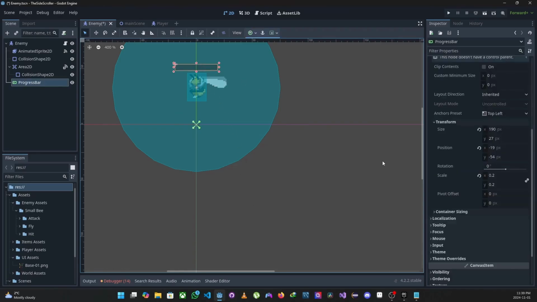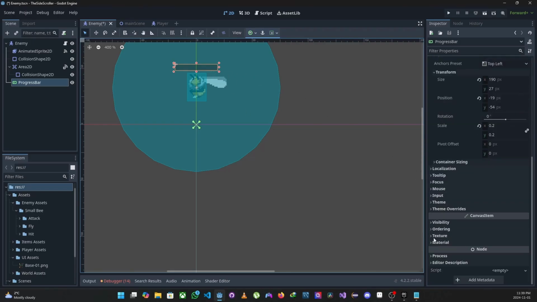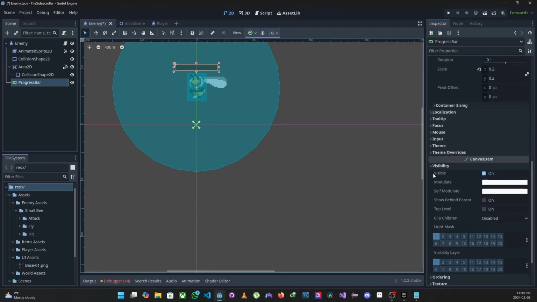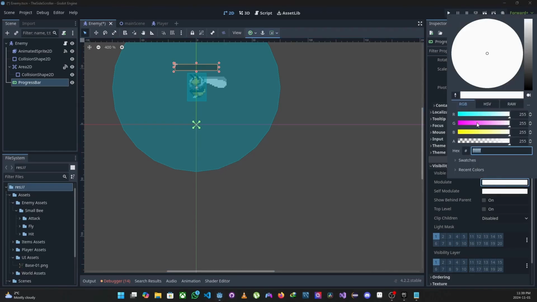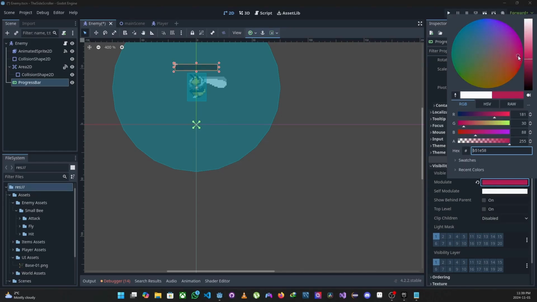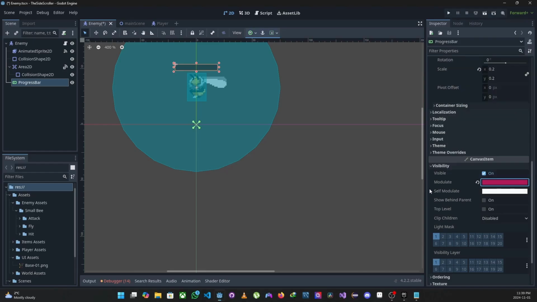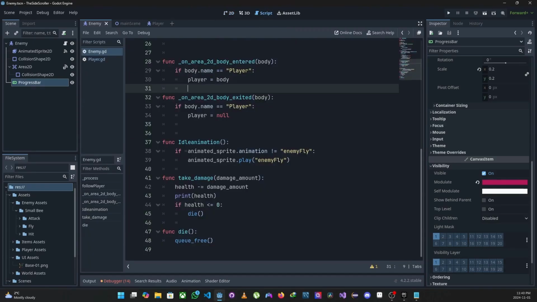Good. Now next would be to use our desired color for the progress bar. So let's go to, I think it's in visibility. Yes, visibility, then modulate. So we want our progress bar to be, let's say, green. Oh, let's make it red, then we'll make the player's own green. So let's move it back, yeah, there we go. So let's just make it red. Okay, this is pink, but yeah, it's close. So let's save it. Now let's go into our enemy code